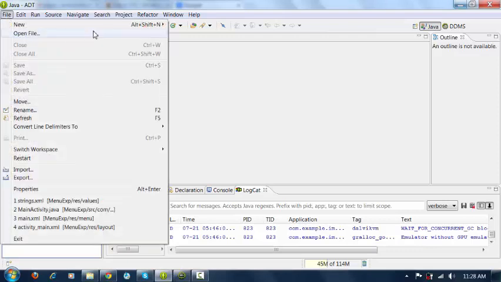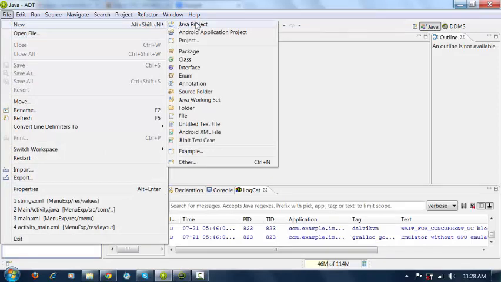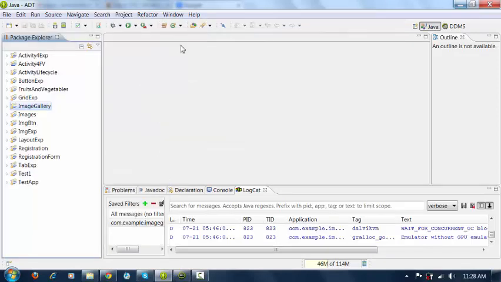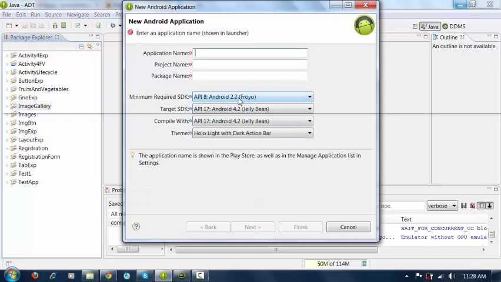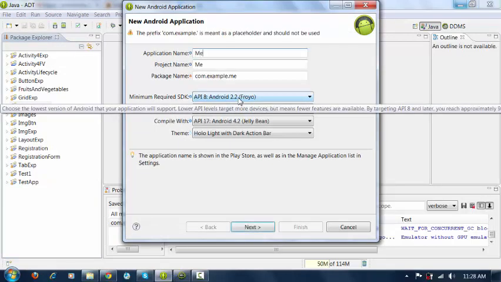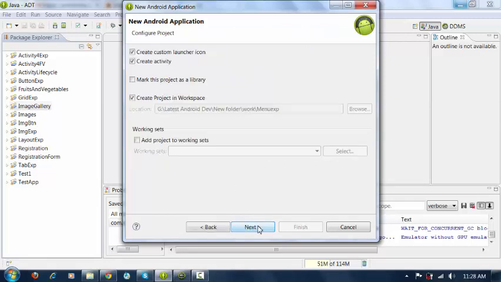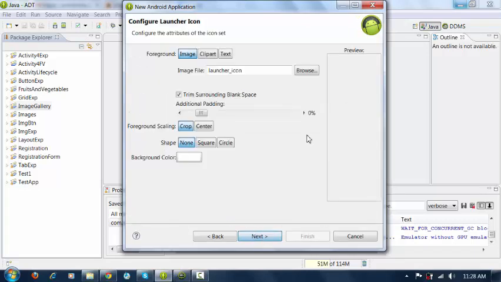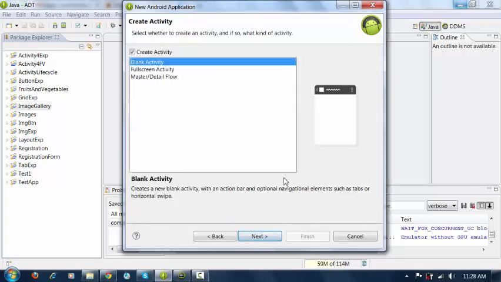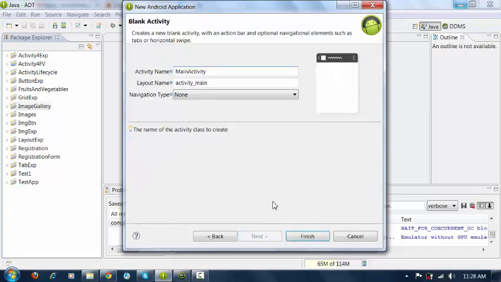Okay, so I'll create one new application here. Go to file, select new option, Android application project. I'll give the name as menu example. You have to follow the basic steps. Here, if you want, you can change the name, or you can keep it as it is.